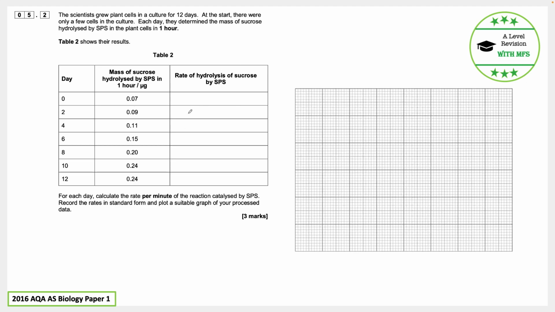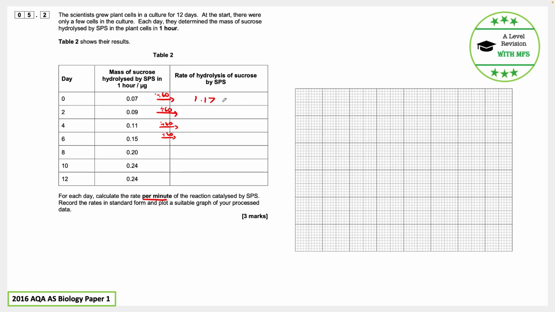Okay, and we need to work out the rate of hydrolysis of sucrose by SPS. However, we need to work it out per minute. If this is per hour, to work out per minute, all we would do is divide these values by 60. Okay, because there are 60 minutes in an hour. So each of these values we would divide by 60. Okay, so the first one will get you